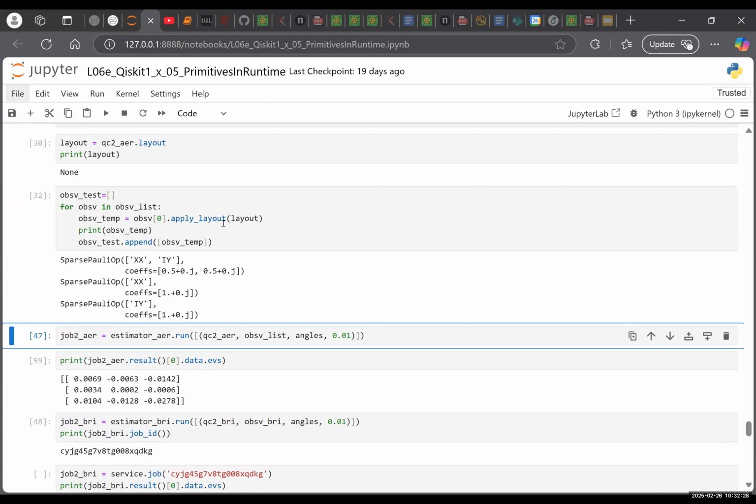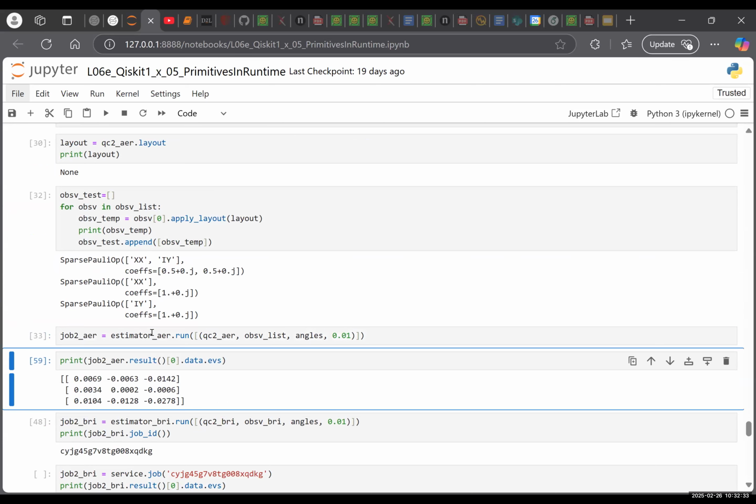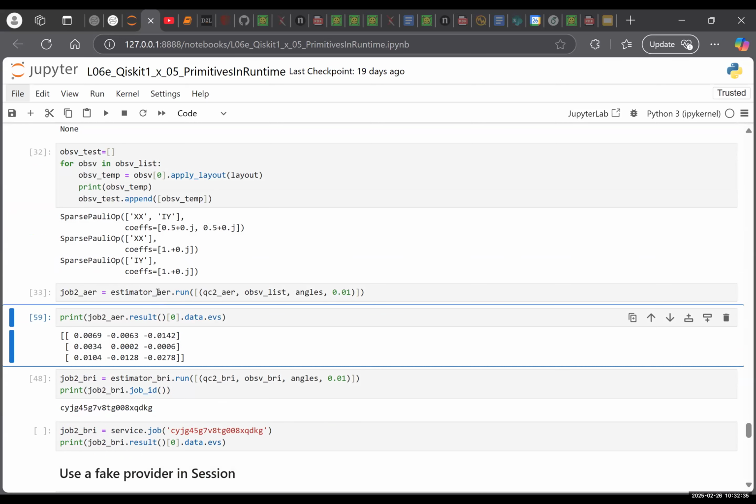So it's not doing anything. Okay. And now we can run the Aer simulator, estimator,